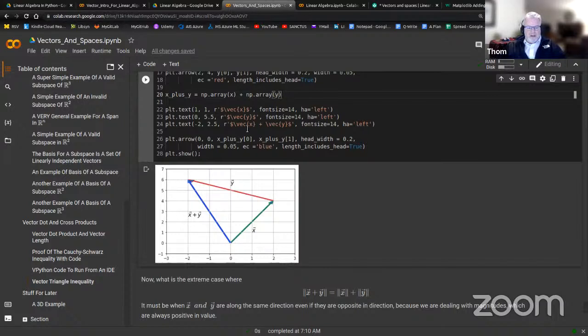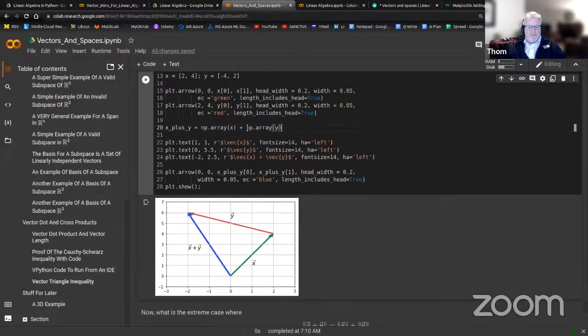Excuse me. I'm not showing it right. There we go. So at 0, 0, 2, 4, and then the addition of these two is as we're starting that vector at 0, 0. And we could have called this z. I just wanted to make it really obvious that it was x plus y. And then notice I'm just using my little text tool. I'm actually able, this is so cool in my opinion, to do LaTeX math writing inside these text statements on this plot. So we've got x